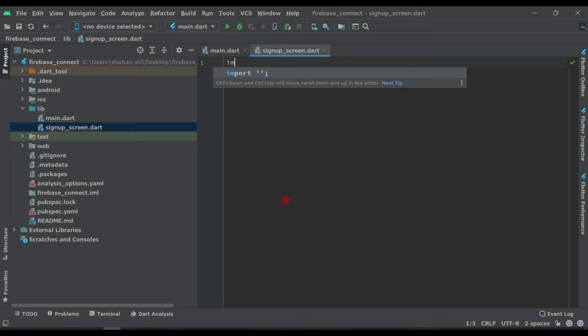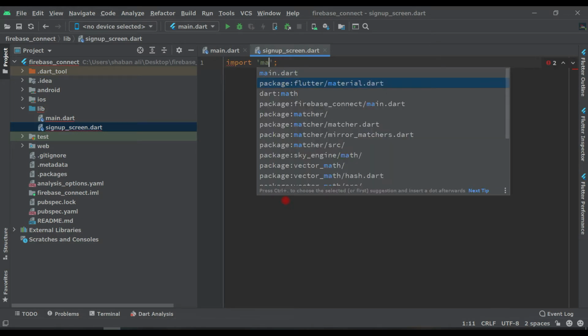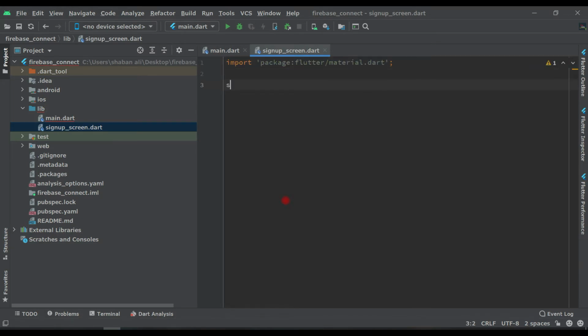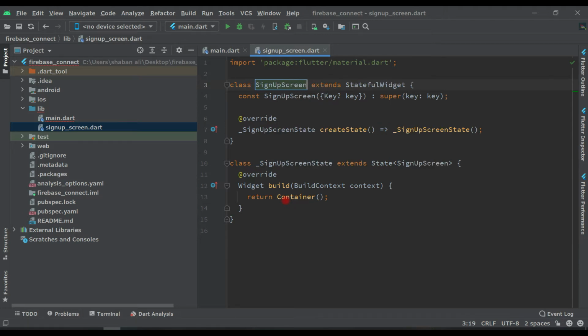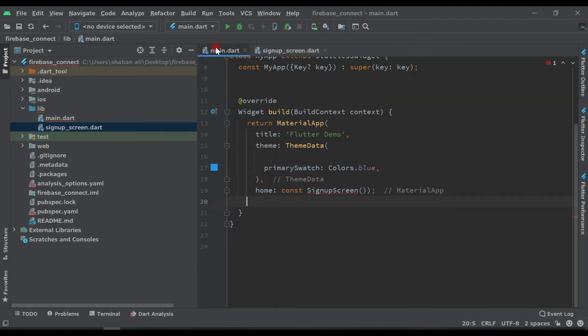Let's import material dot dart and after this stateful widget. Give the name same as we are passing in home page, sorry, in main dot dart. Sign up screen. Make sure it's the same spelling.